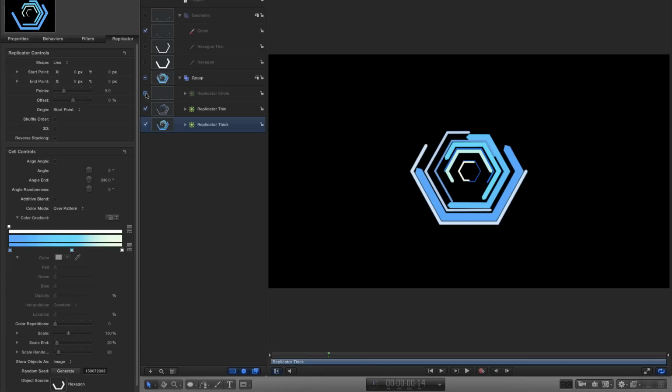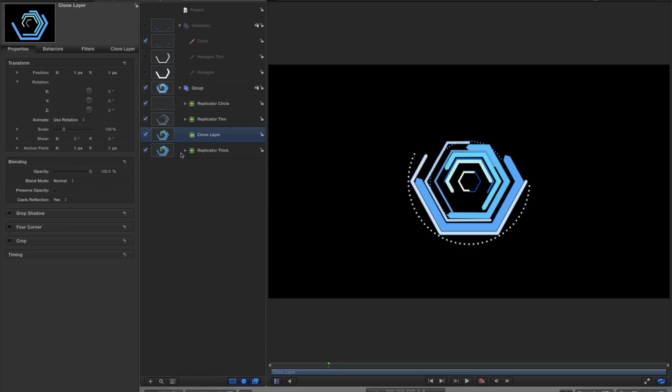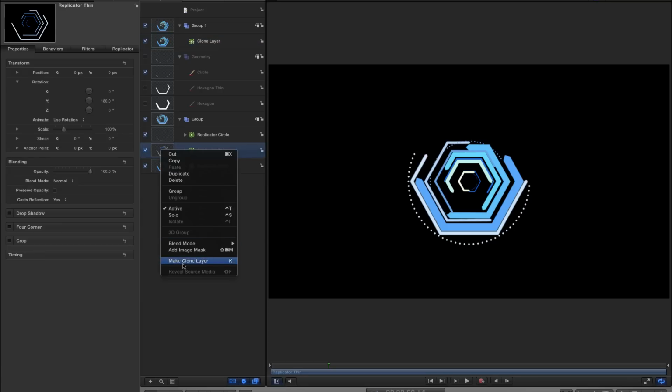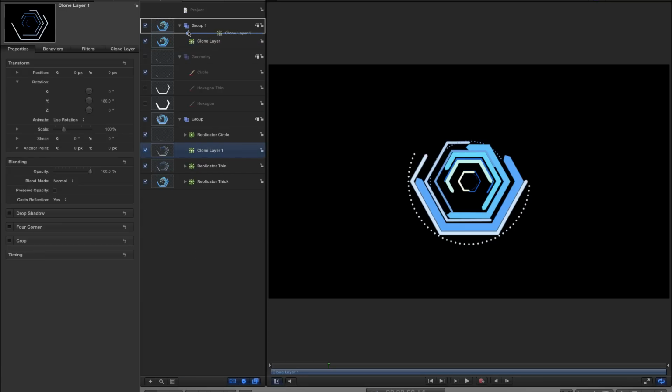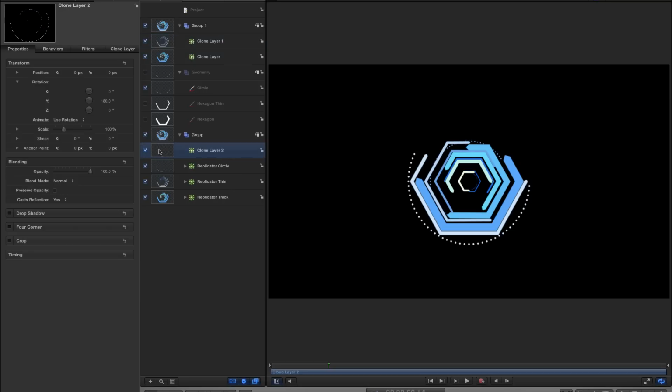Well, what we're going to do is we're going to take these 3 replicators and we are going to make clones of them, and that will solve our problem. So I'm going to right click on that replicator and select Make Clone, and I'm going to drag that up into a new group. I'm going to select the replicator thin, again right click, Make Clone Layer, drag it up into the new group, and again the circle layer, right click, Make Clone Layer, drag it up into the new group.